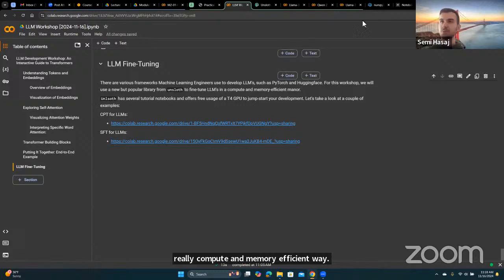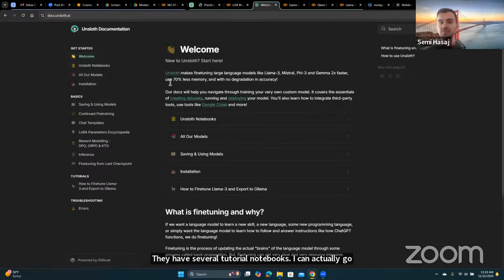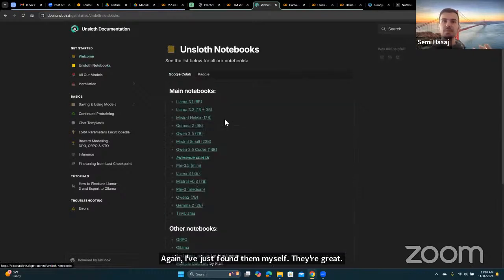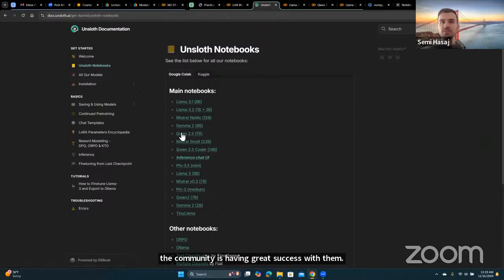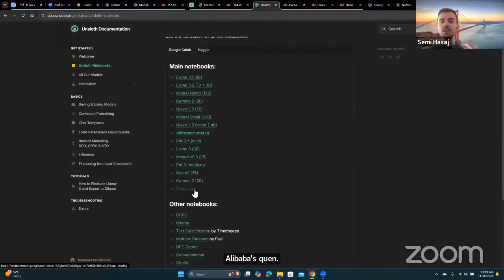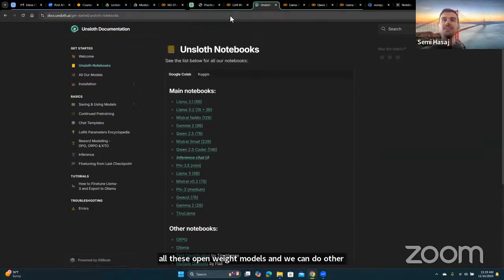They have several tutorial notebooks. I can actually go to their website and show you them. Again, I've just found them myself. They're great, and the community is having great success with them. You can go and actually do common operations on common LLMs. Familiar with the latest frontier models and open weight models, Llama 3.1, 3.2, Google's Gemma, Alibaba's Qwen, Microsoft's Phi, all these open weight models, and we can do other operations on them. I can click them, and the great thing is